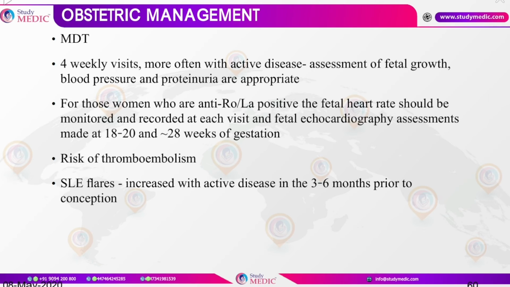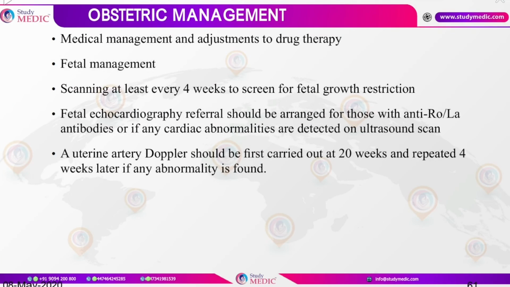The risk of flare increases whenever the disease is active within 6 months before conception. Medical management and adjustment of drug therapy will be required. Fetal management includes scanning at least every 4 weeks to screen for fetal growth restriction. As I said about the echo, it has to be done at 18 to 20 weeks and at 28 weeks. Uterine Doppler should be carried out at 20 weeks, and repeated 4 weeks later